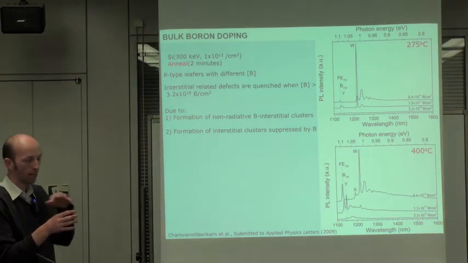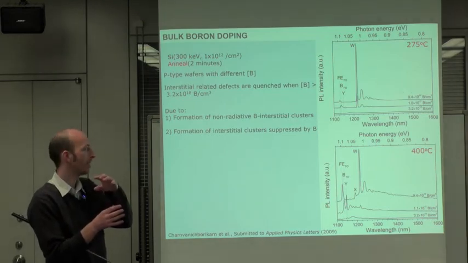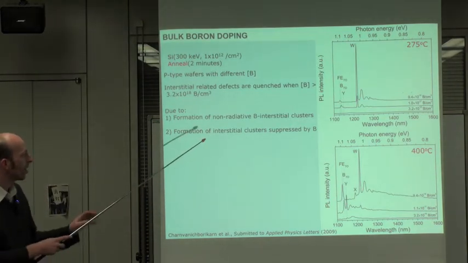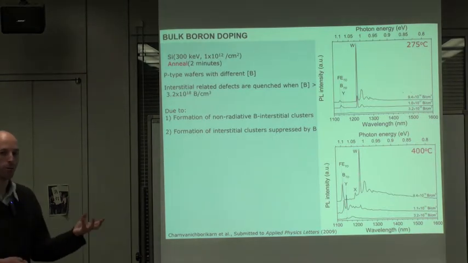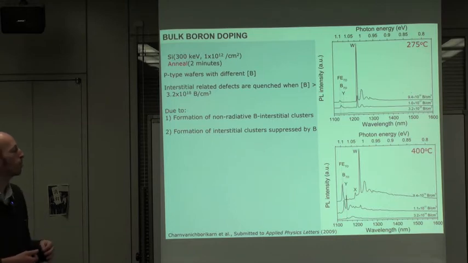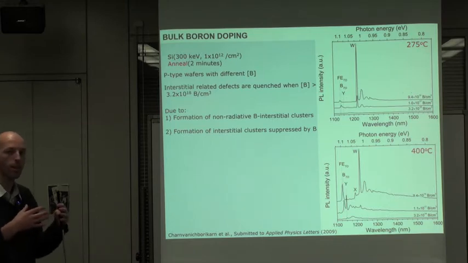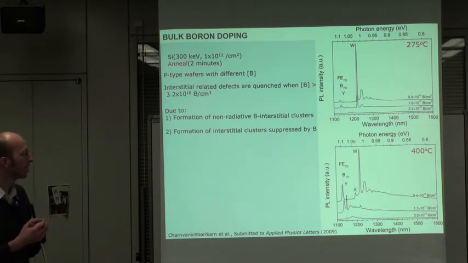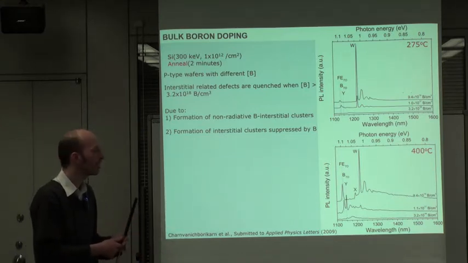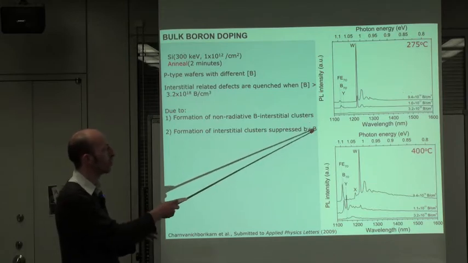So it becomes more likely that the electrons recombine through these. Or otherwise, the actual formation of the W center is suppressed by the boron, because boron is known to soak up interstitials. There's been some theoretical modeling by Pelaz in Spain with the boron interstitial